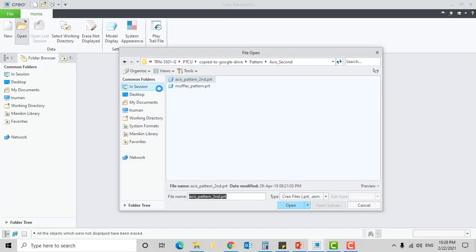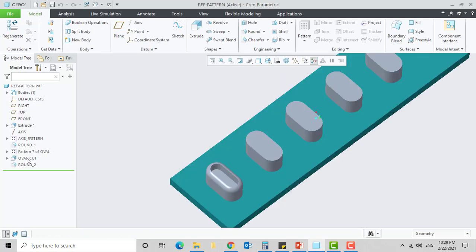Open reference-pattern.prt from your startup directories pattern reference underscore features folder. Disable all datum display types. In the model tree, press Ctrl and select oval_cut, round_2 and click group.